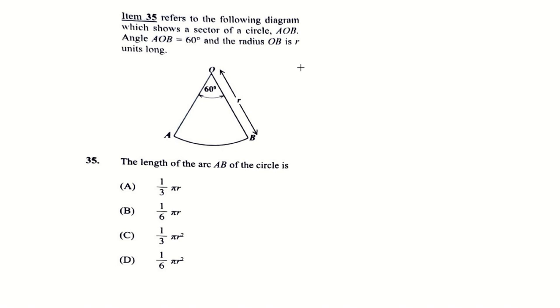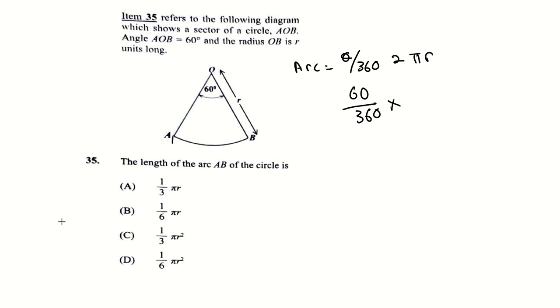Length of your arc is theta over 360 by, we're talking about length, so it would be 2 pi r. So it's 60 over 360 multiplied by,